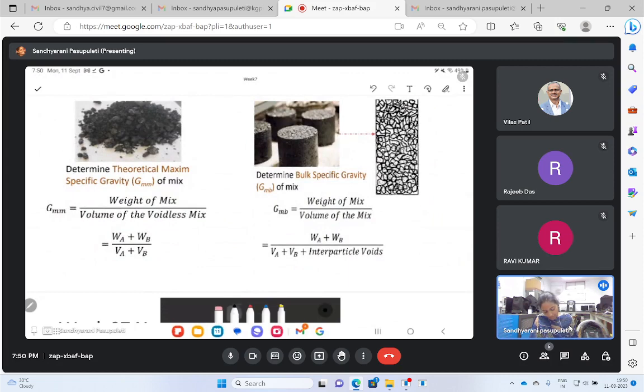See, this is a loose mix. We calculate the theoretical specific gravity. And this is a compacted mix. We calculate the bulk specific gravity. The weight of the mix is common in